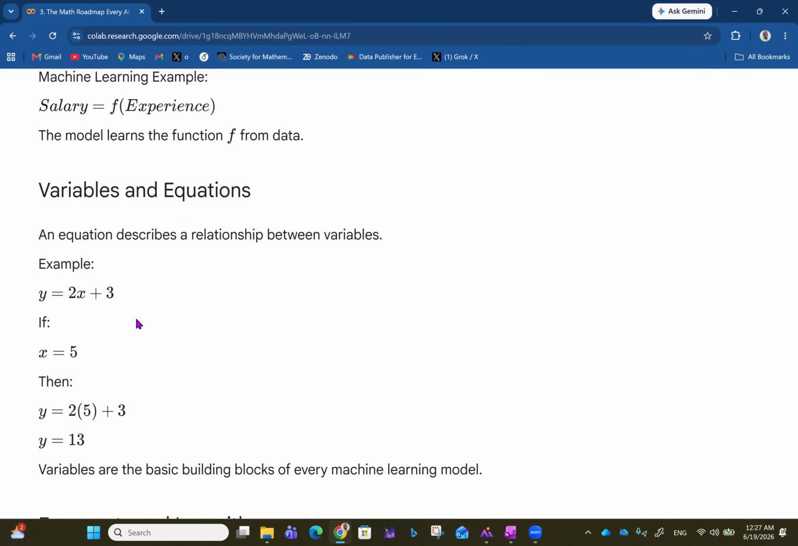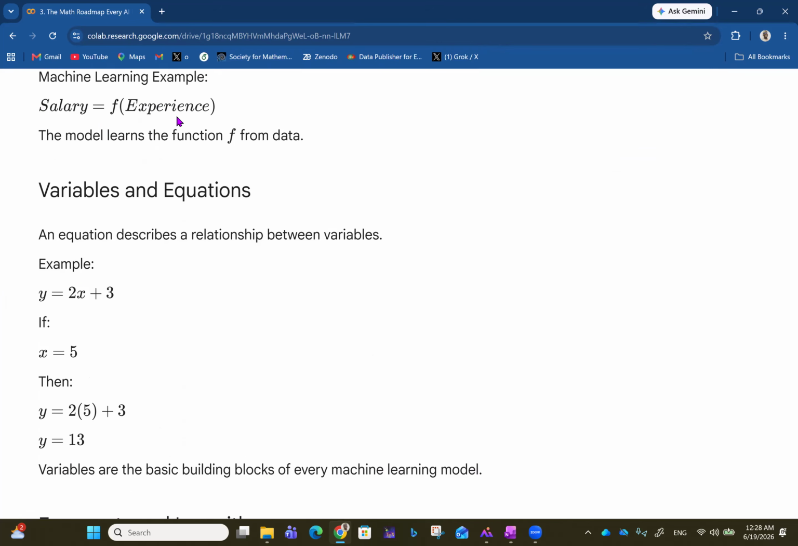So y is equal to 2x plus 3. If x is equal to 5, then you have 2 times 5 plus 3, and that tells you that y is 13. So variables are the basic building blocks of every machine learning model. For instance, experience here is a variable, and it determines salary, which is also a variable. You can call experience the independent variable, and salary is the dependent variable, because salary